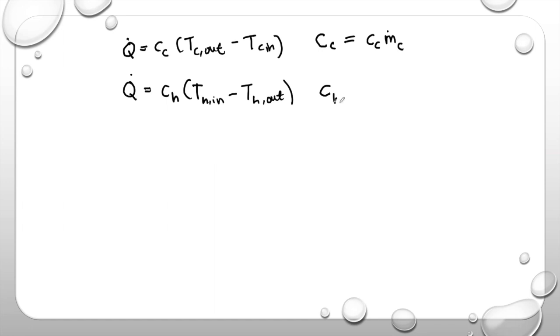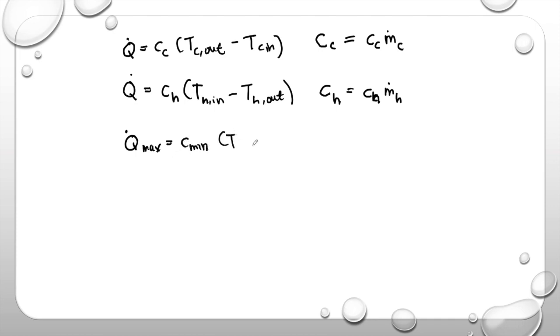Whereas for CH, capital C for hot water is the heat capacity, and the lowercase c represents specific heat capacity. So to find the heat capacity of hot water, we multiply the specific heat capacity of hot water times the mass flow rate of hot water. So that is two different equations where we have to use CC and CH. We do have another equation where we will find Q maximum. Q maximum is C minimum